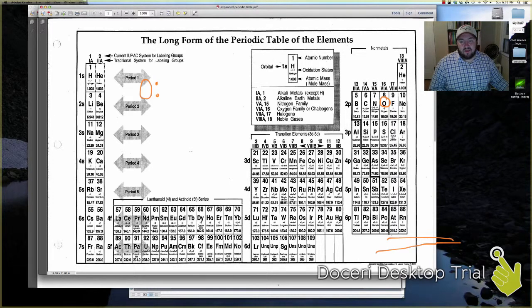We always fill in the same order. We start up here in the top left, and it pretty much tells us what to do. So I take an s orbital in the first energy level. I can put 2 electrons there, and now that energy level, or that shell, is totally full. So I go on to the next shell, the second shell, and now I'm right here, and I say I can fit 1, 2 electrons in the second s shell, but it's full,